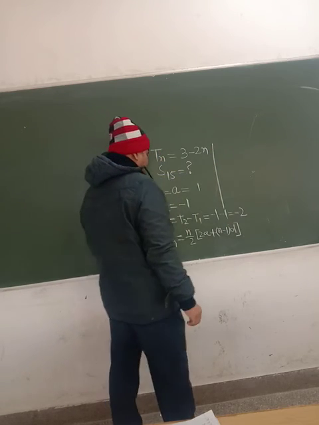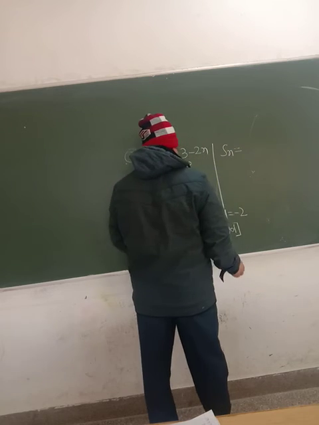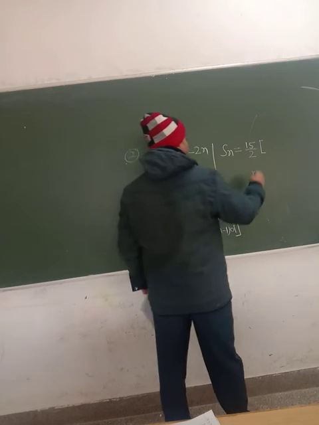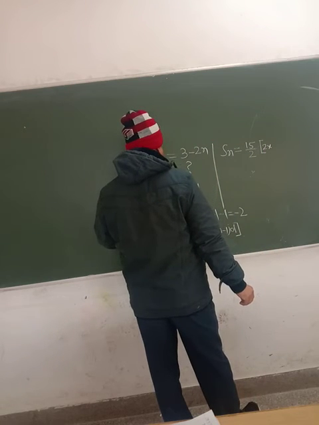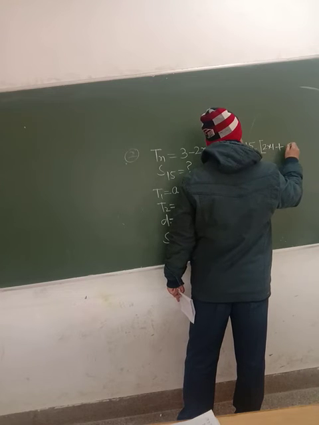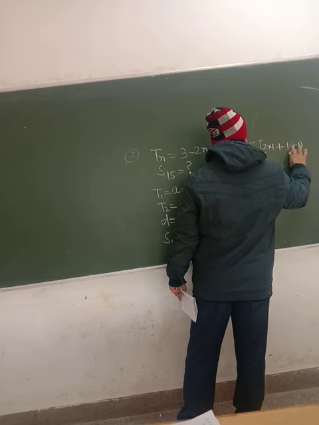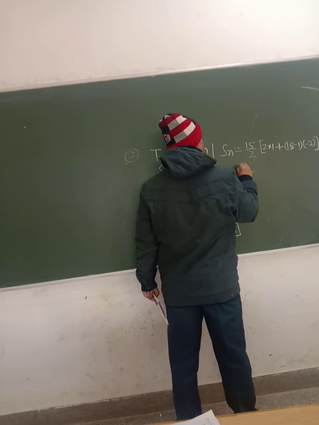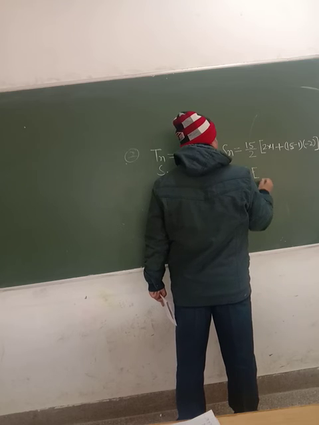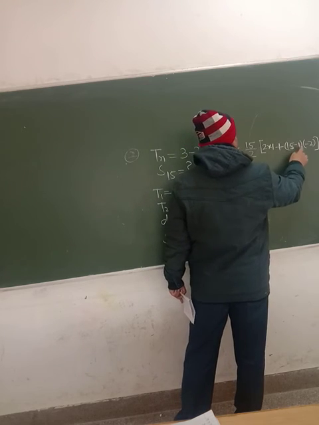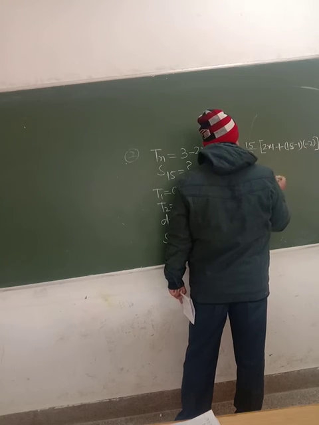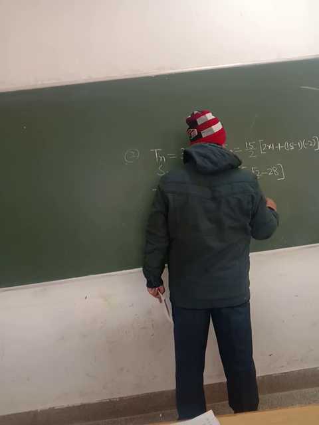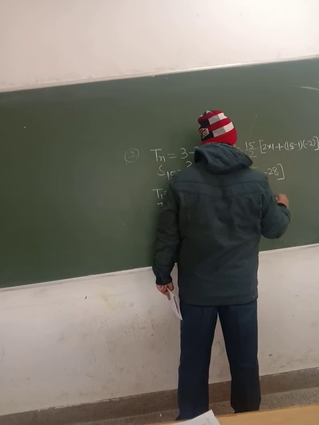After writing the correct formula, put the value n means 15 upon 2 in bracket 2a means 2, a means 1, plus n minus 1 means 15 minus 1 and into d, d means minus 2. 15 upon 2 into bracket 2 plus 15 minus 1 that is 14, and 14 into 2 that is minus 28. So 15 upon 2 into minus 26, that means